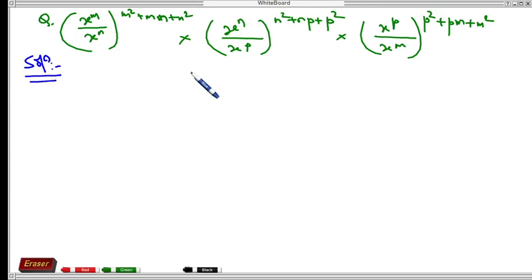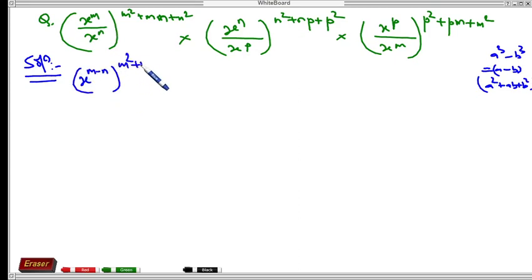I will not copy these questions again, directly I will go to the solution, dear students. That's fine. So in this case I think you find the technique that m minus n times m square plus mn plus n square is the a cube minus b cube form, a minus b times a square plus ab plus b square. So while subtracting this, x to the power m minus n, to the power m square plus